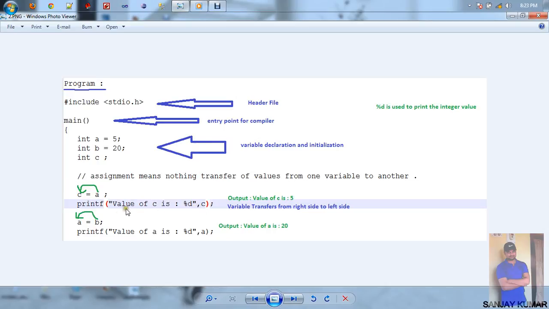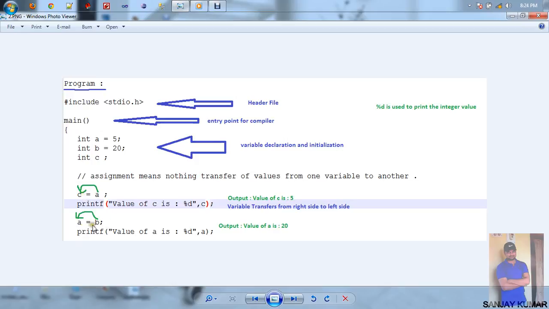The output will be: value of c is 5. How is the value of c 5? Because a has given its value to c with the help of this operator. So the assignment operator is the equal to sign which assigns a value from the right side to the left side.